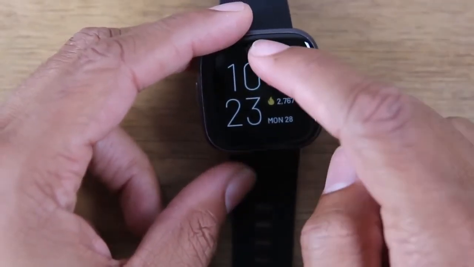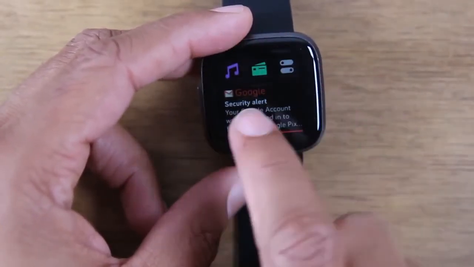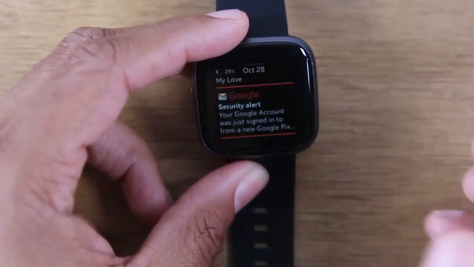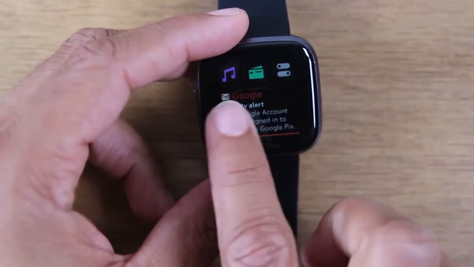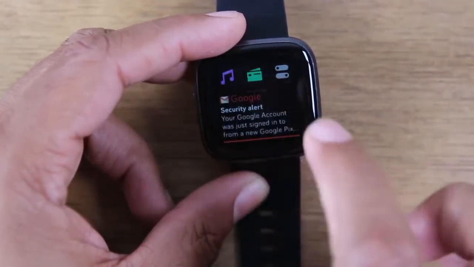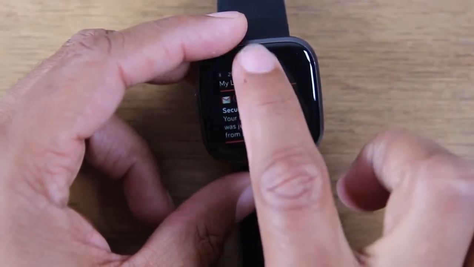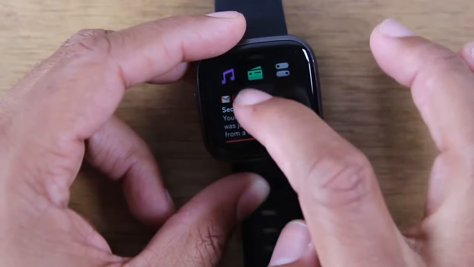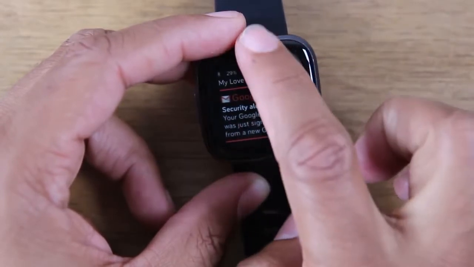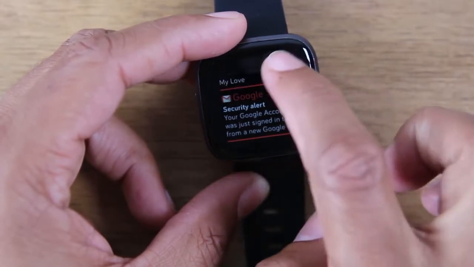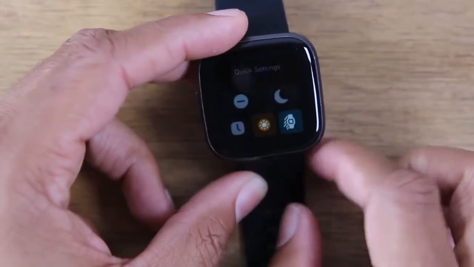Now also when you swipe down, we have a new set of menus. These are called your quick settings here. You got to pay attention because they'll move away quick. But these three are the quick settings. So you have a shortcut to music, to making a payment. So if you wanted to pay for something using your Fitbit, you just swipe down and tap that second button. The third options are those quick settings right there. So if I tap quick settings,